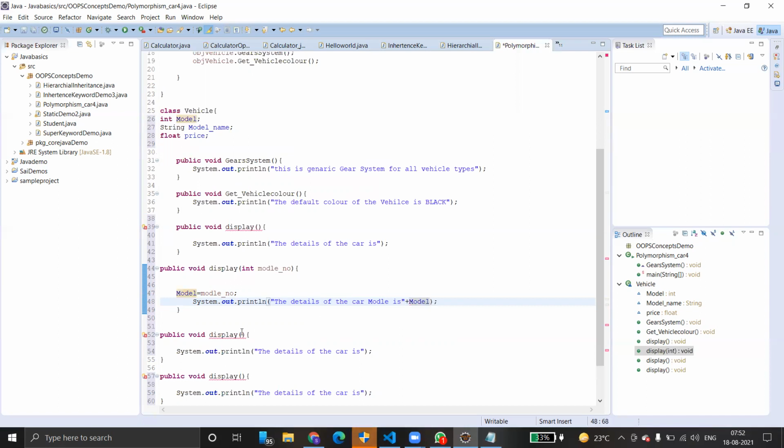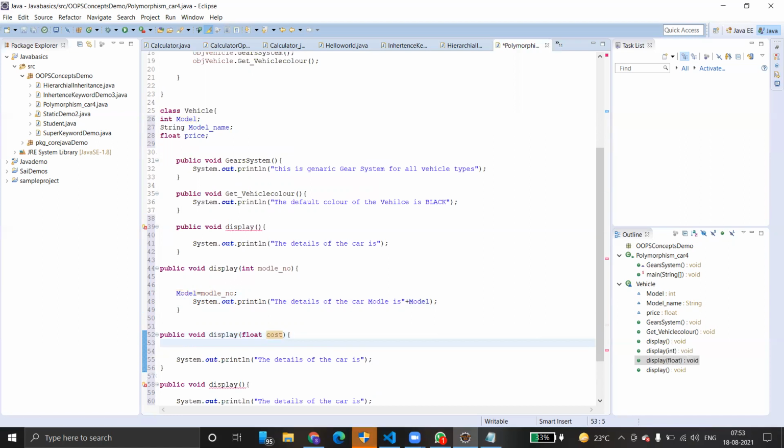Similarly, here I'm going to use float cost. Price equals cost, or cost is price.